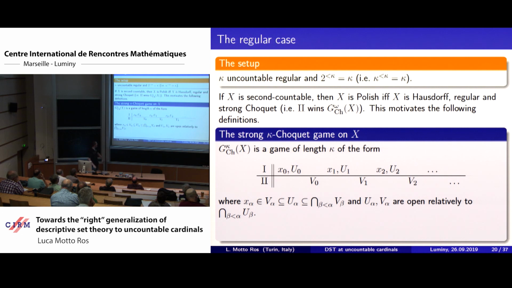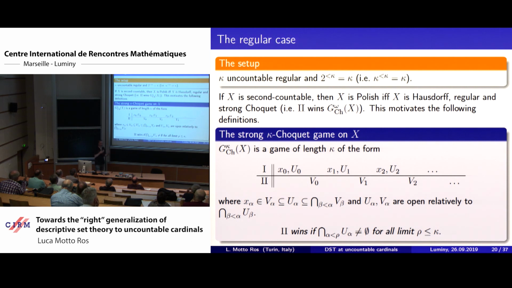So what you require is that the two sets are open relatively to the intersection of what you get. Okay, so just as a subspace. So you just forget that it is not open. You continue to play open sets in this space. Okay, and the condition is the same, except now the game can die out also at limit levels before kappa,